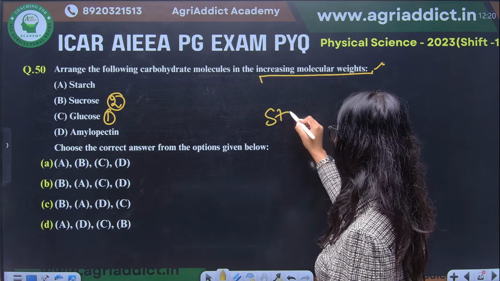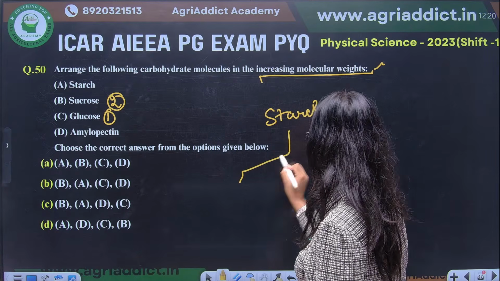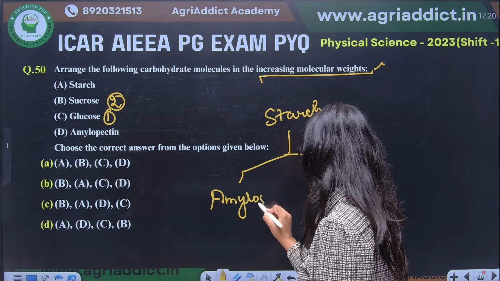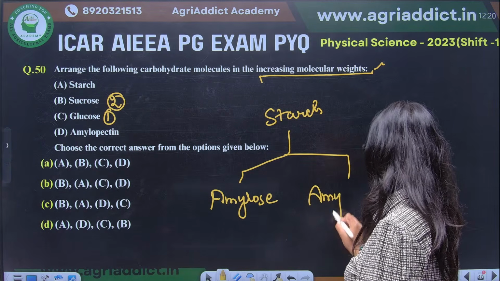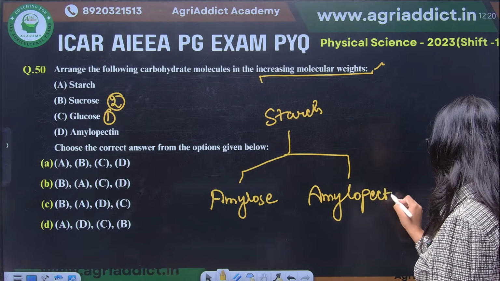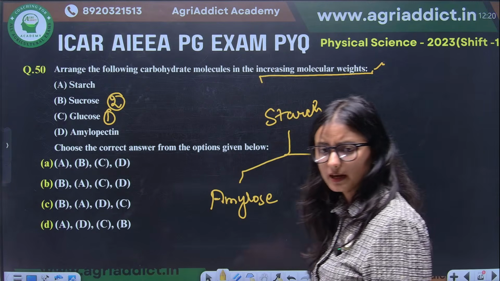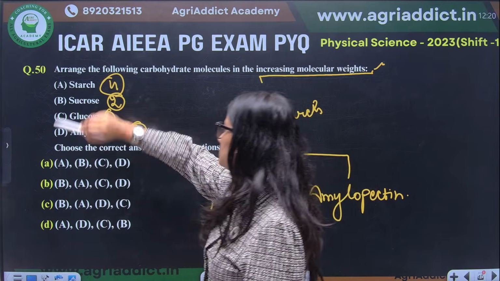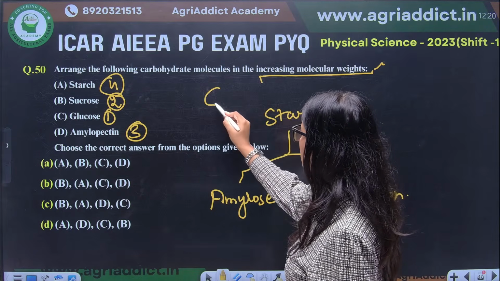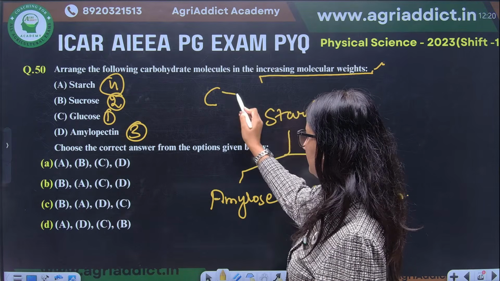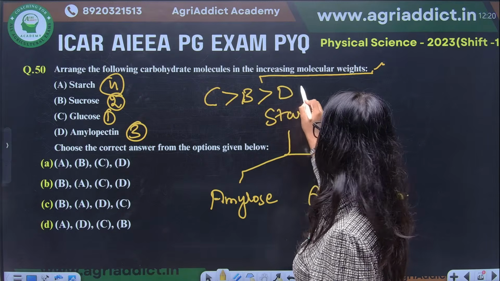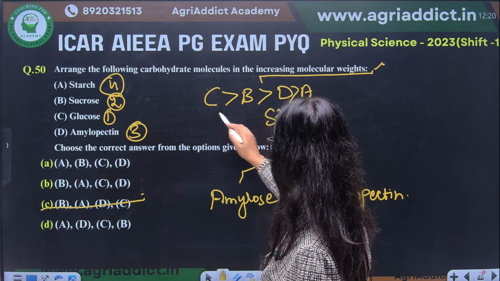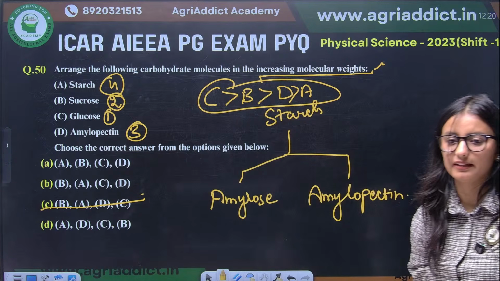स्टार्च के हमारे दो कंपोनेंट्स हैं, अमाइलोज एंड अमाइलोपेक्टिन। ओके, सो थर्ड पे हमारा क्या आएगा, अमाइलोपेक्टिन, और यहाँ पे आएगा हमारा स्टार्च। सो इट शुड बी सी, इंक्रीजिंग पूछा है ना, यस, सी बी डी ए। विच ऑप्शन, ऑप्शन दिया ही नहीं है, बट दिस विल बी द करेक्ट आंसर, ये सी बी डी ए।